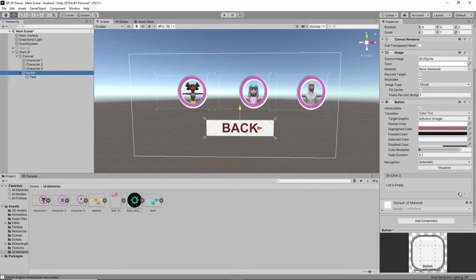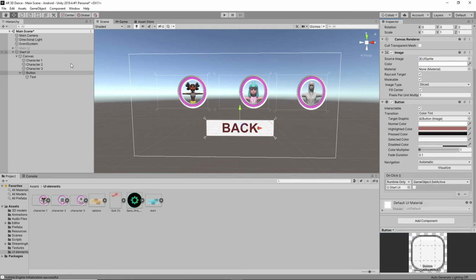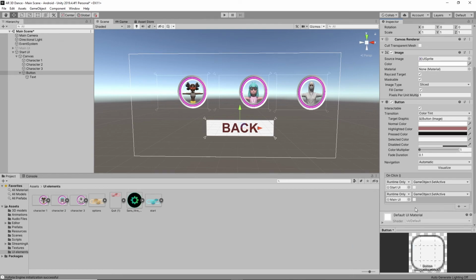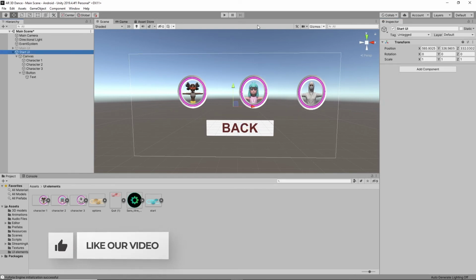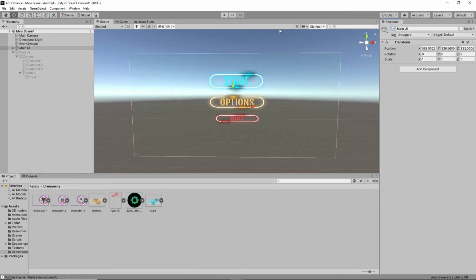In this function you have to give the same thing in reverse. Drag the start UI. You have to disable this by using game object set active, when main UI is enabled, like this. Main UI is enabled. So for now I have to disable start UI and enable this main UI.